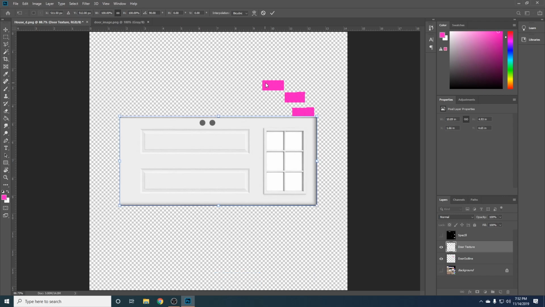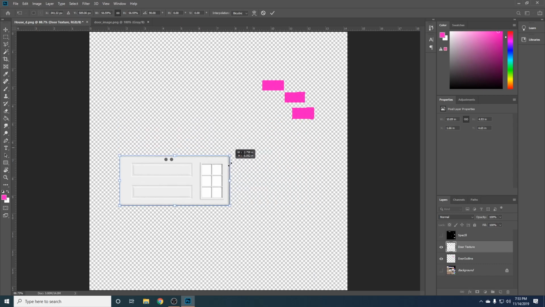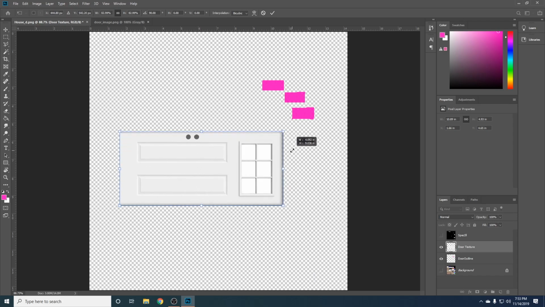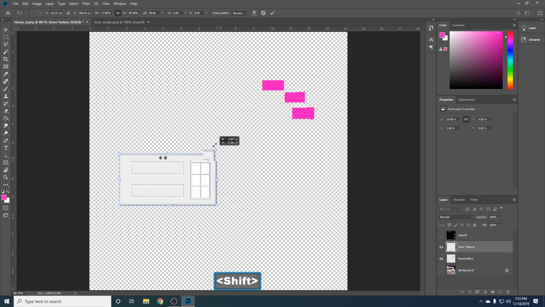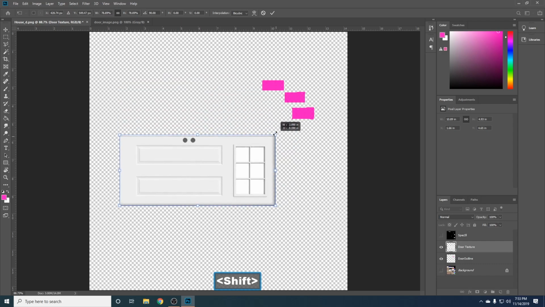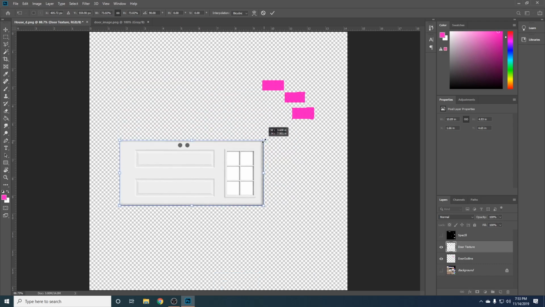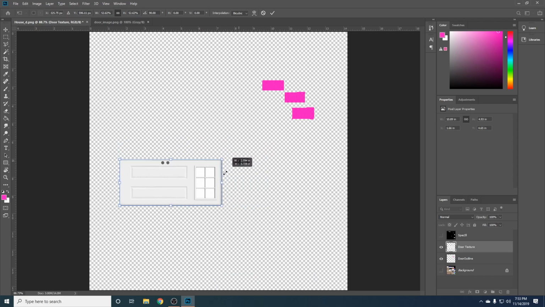Now we need to resize this door to be the same size as these, and we can do that just by grabbing one of the handles and bringing it down. Now it maintains its aspect ratio if you're just clicking and dragging, but again, if you hold the Shift key, now you can adjust the aspect ratio. If we remove the Shift key, it snaps back to the original aspect ratio that it had. So we're going to just reduce this in size,